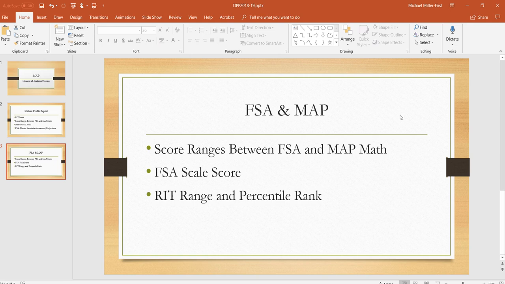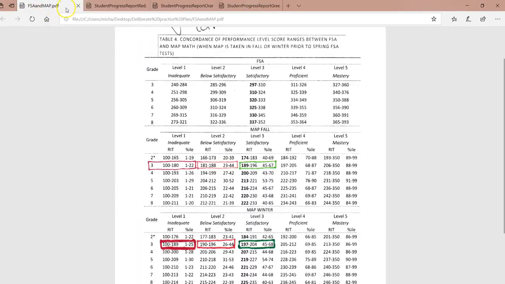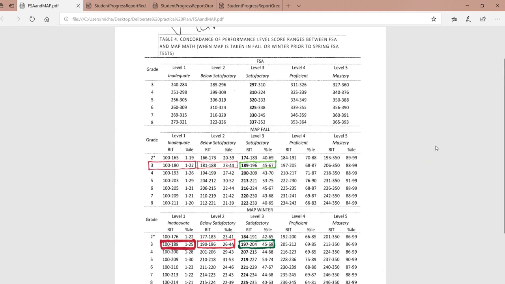Let's recall where this information comes from. The information shows that when MAP is taken in the fall or winter prior to the spring FSA tests, depending on where students fall on the MAP test, it is pretty indicative of how they are going to do on the spring FSA. The only difference here in this particular